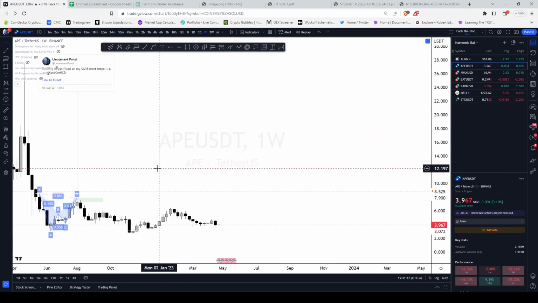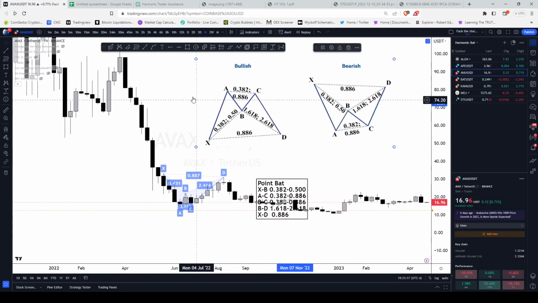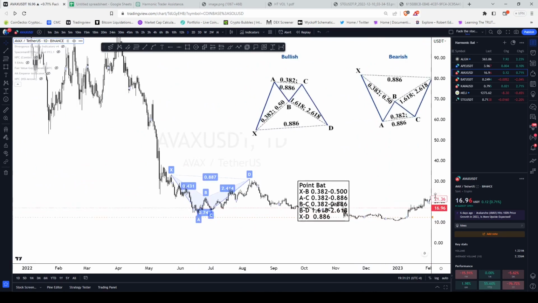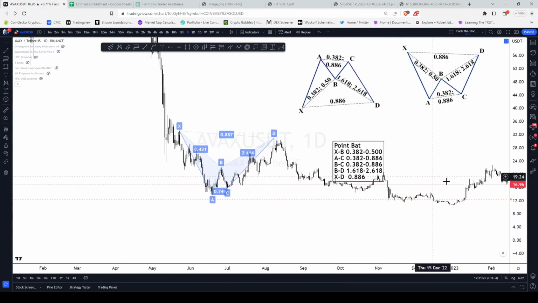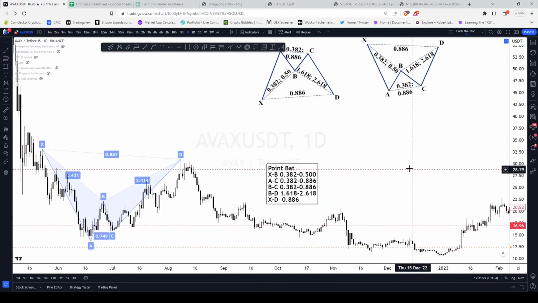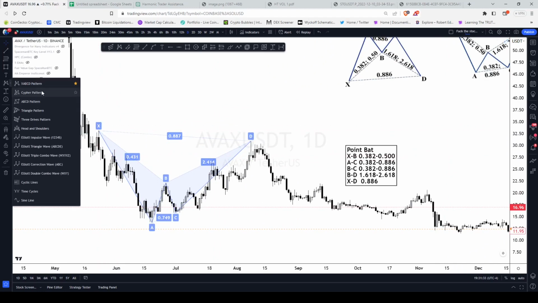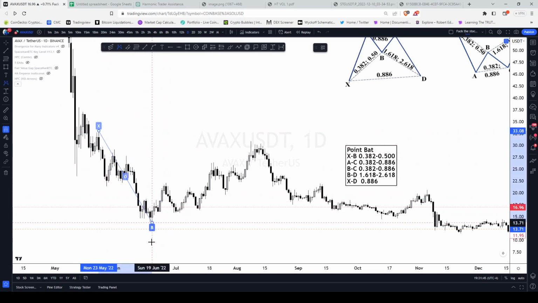Another good one that I can show you, let's go to the AVAX one here that played out a while ago and go to the daily chart. This one was a bearish harmonic, just to show you an example of a bearish one. So for your bat structure, your first leg, make sure you're using your XABCD pattern tool, and you're going to want to turn on your magnet. And you go from high to low,